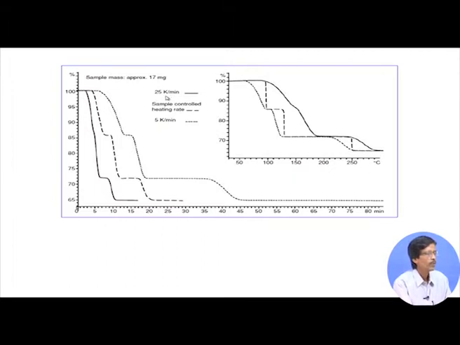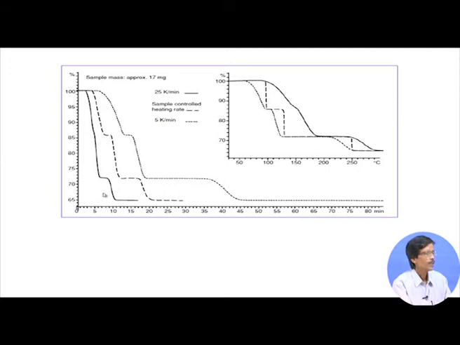The heating rate for the solid line is 25 K per minute. The slowest one is the dotted line, and the intermediate one is the dashed line.